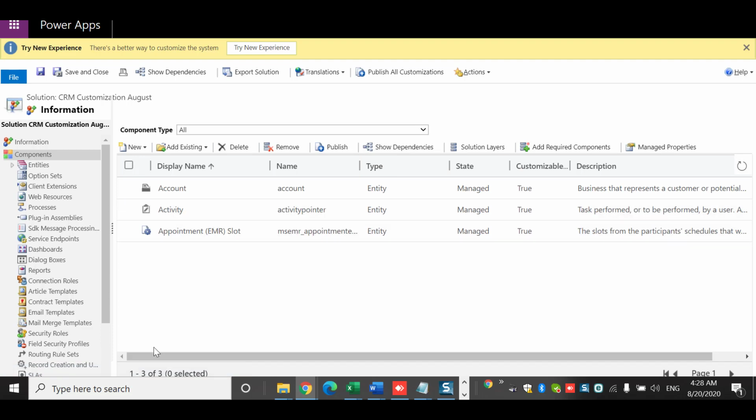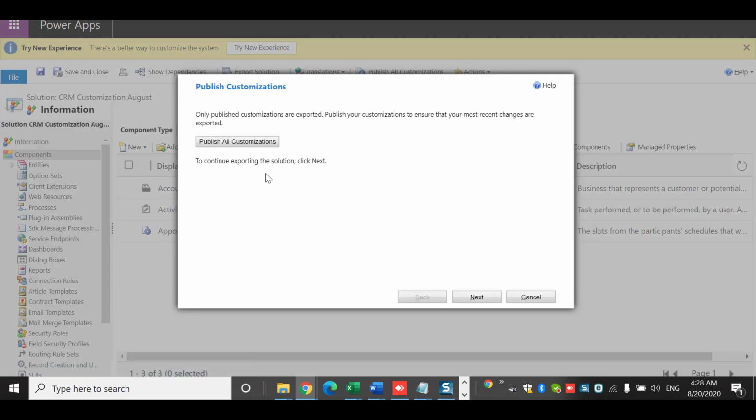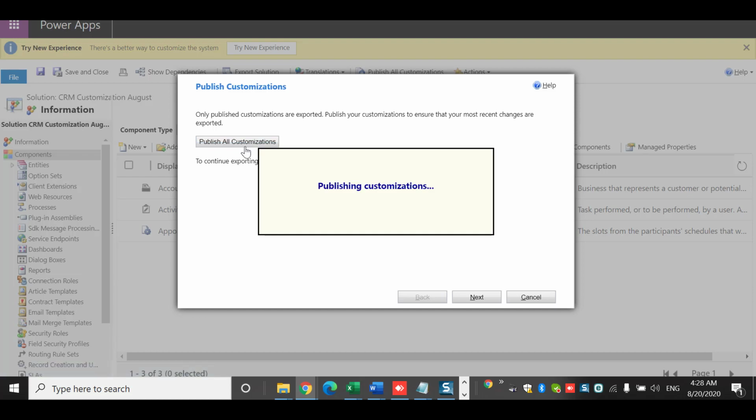So here I have created a solution. I save it. And what is remaining for me is just publish all customizations. Once you've done that, I just say export the solution. So it's asking me to publish all customizations. Every time you make changes to any entity or a component in the CRM system, or you make changes to any solution,